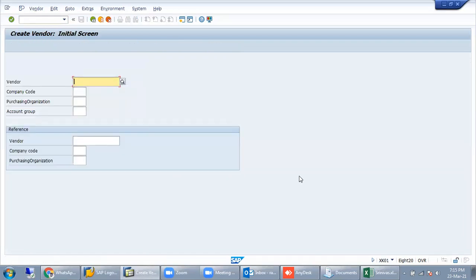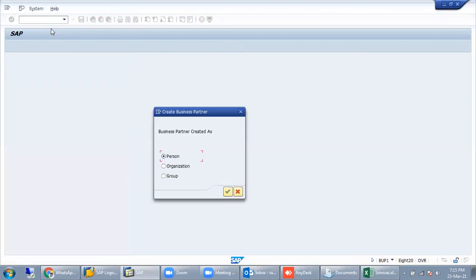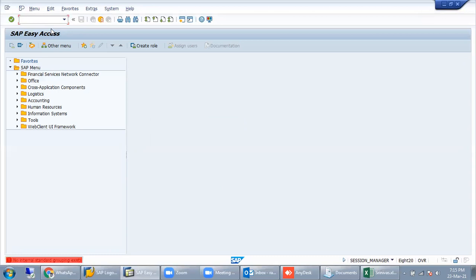Yes, XK01 T code is used to create a vendor. But in S4 HANA, what is the T code? BUP1. Okay. So in S4 HANA, BUP1 is used to create a vendor master. But see, now it's not possible because it's not S4 HANA, it's ECC 7.2.